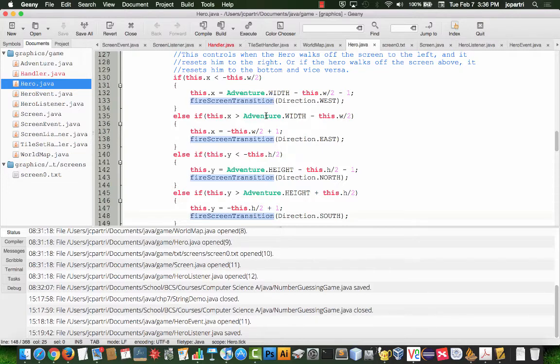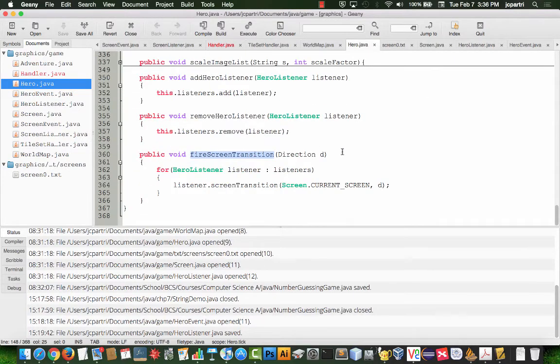Okay, now let's go back to the fire method. Let's look at what it does. Fire screen transition takes a direction, and then it has to go through the listener set. That's not going to be a big deal because we've only got one thing in there. This is called an advanced for loop, and it says basically, okay, let's create a listener and go through the set of listeners. For each listener object we have in there,